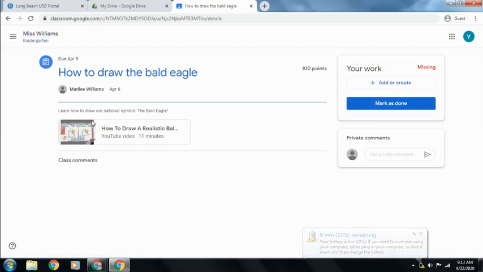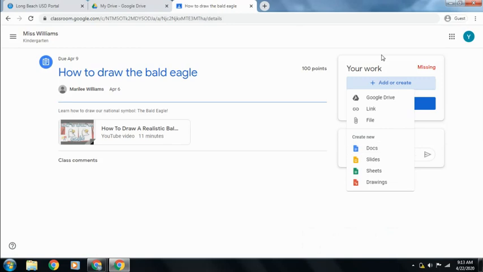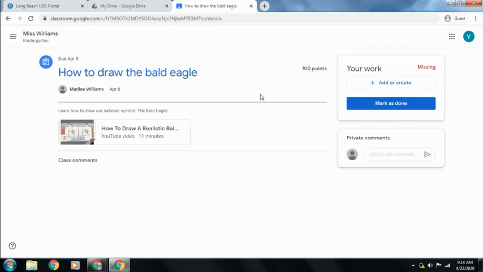Let's say I drew an eagle, but I did it on paper. I didn't do it on a computer. Well, I can click Add or Create, and I can actually upload it. I can upload it through Google Drive, which means it's downloaded on that. I can make a link if it's something I did on the computer, or I can upload a file. So let's say I took a picture of it with my phone and I downloaded it. Then I could upload it with a file, and that way your teacher can actually see the work that you